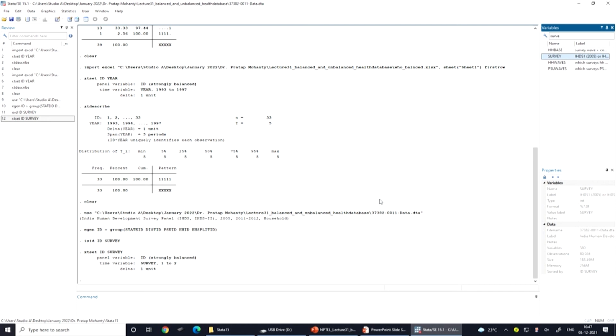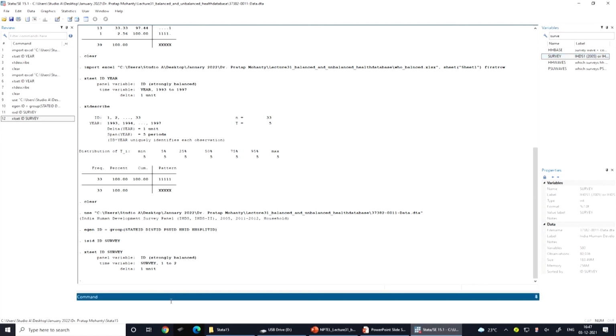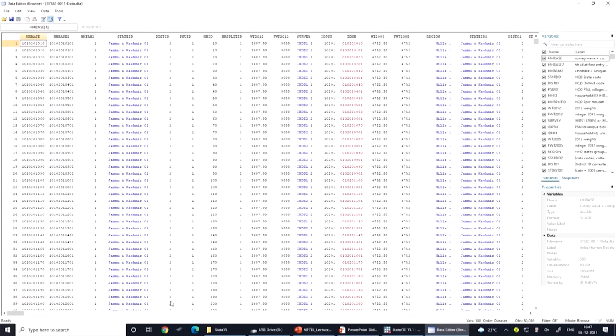We can also check its description, the way we have already guided. We can also check it through the browse window, or through the display. These are all the information in front of you, and you can check.